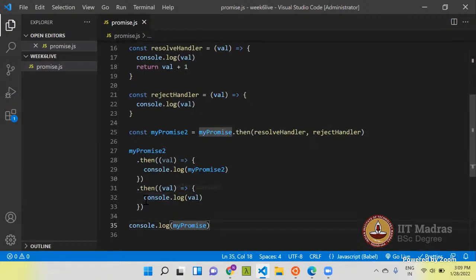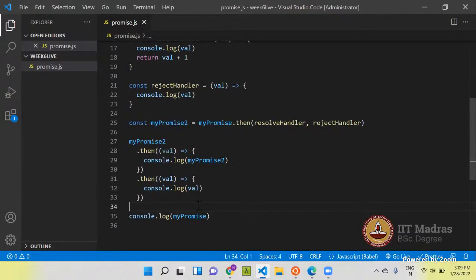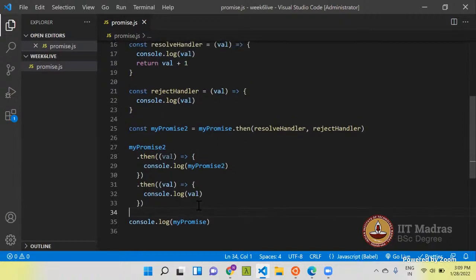What will this be? I mean, what will be logged for this statement? Any idea?